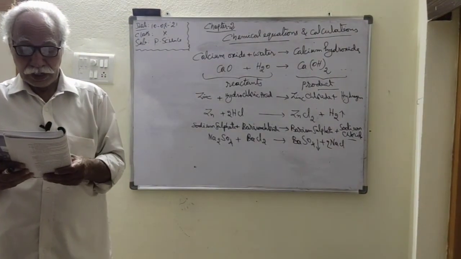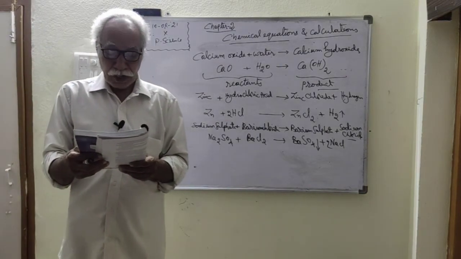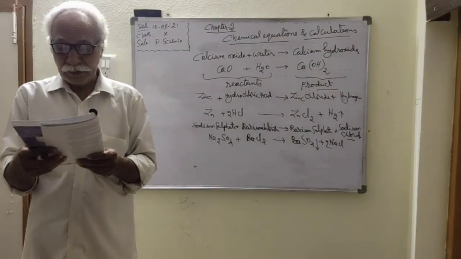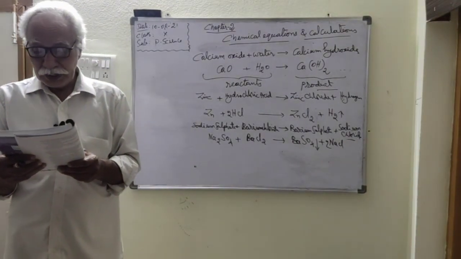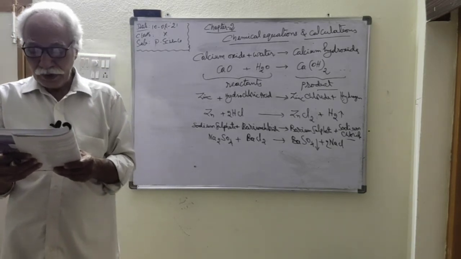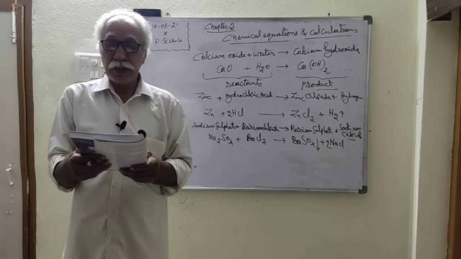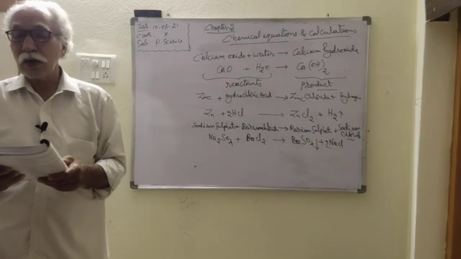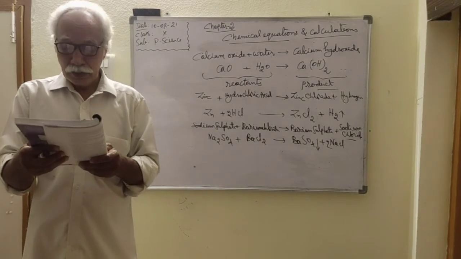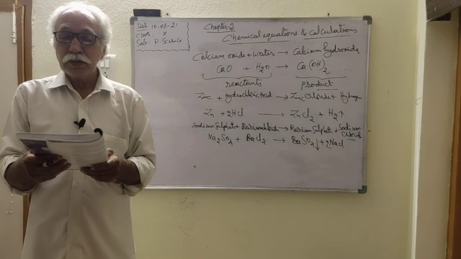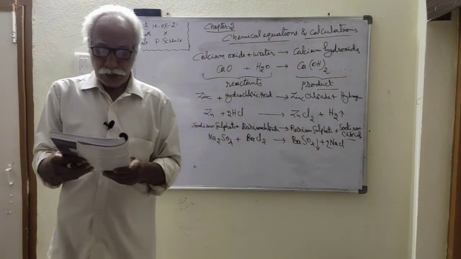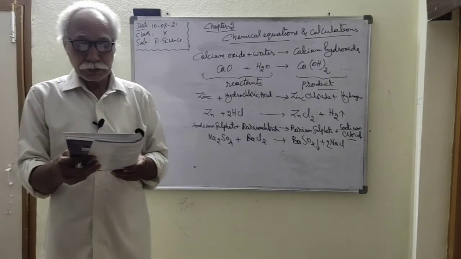So, balanced chemical equation. The smallest particle of an element that takes part in a chemical reaction is called an atom. These atoms make up the mass of any substance. The number of atoms of each element before and after the reaction remains the same, because atoms are not destroyed; atoms are unbreakable. According to John Dalton, they can neither be created nor be destroyed. They are unbreakable. Therefore, the mass of the atom remains constant. All chemical equations must be balanced.